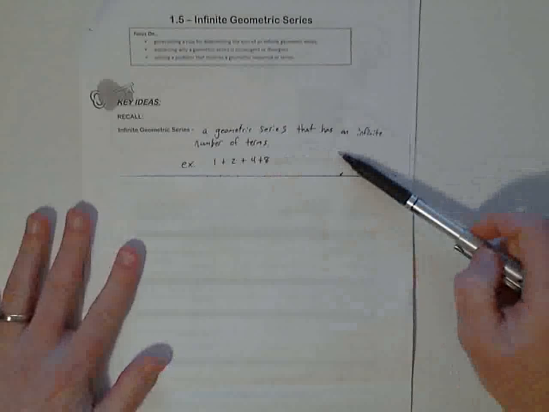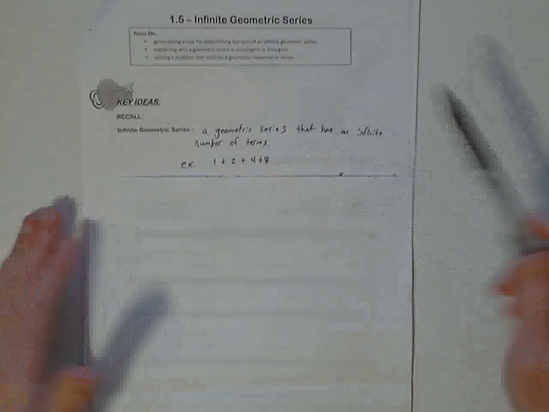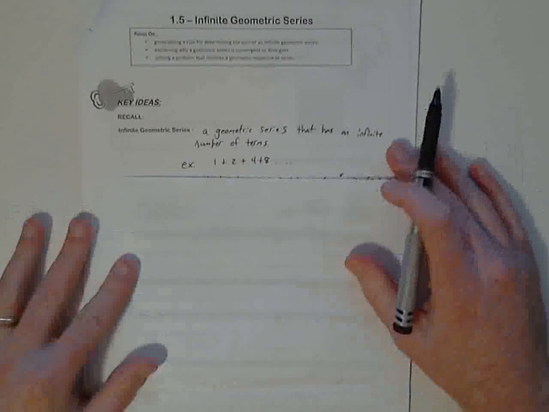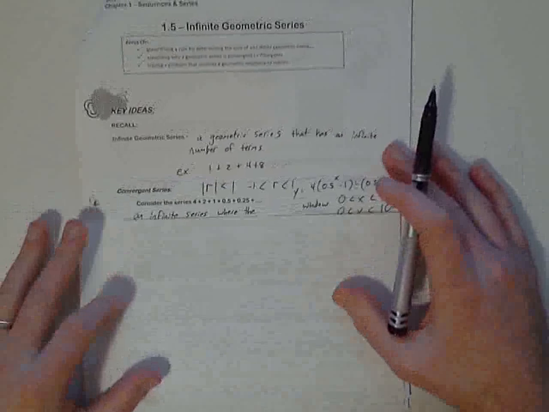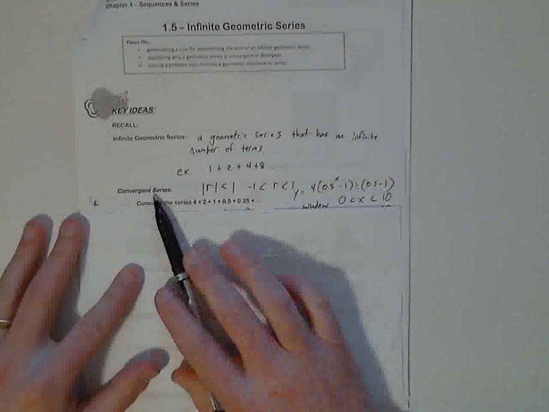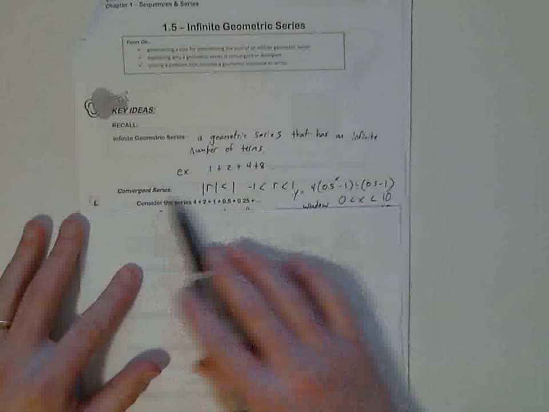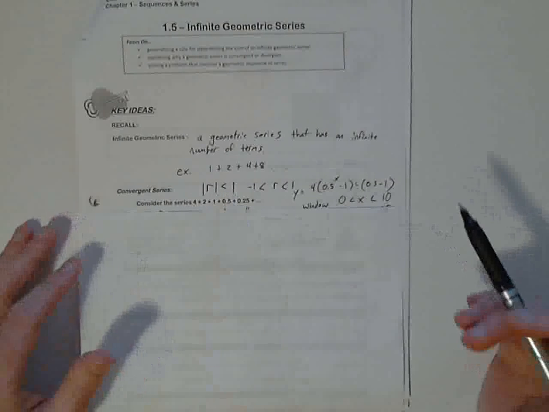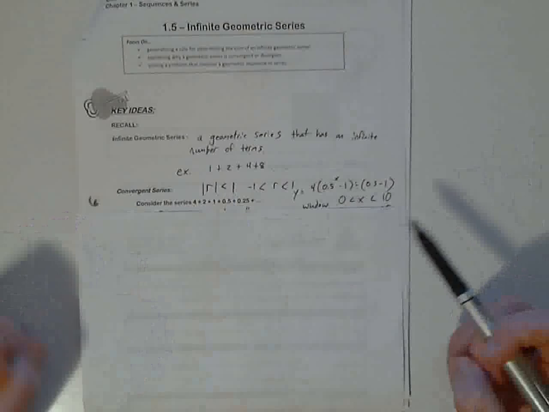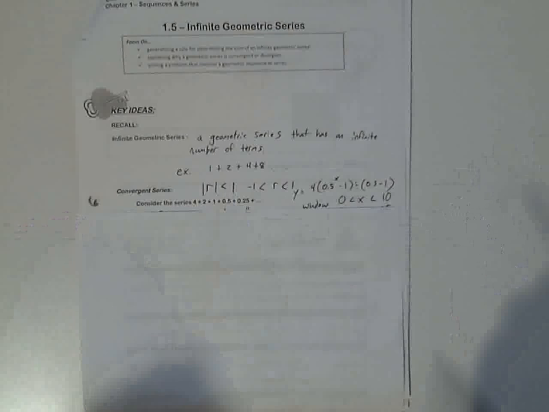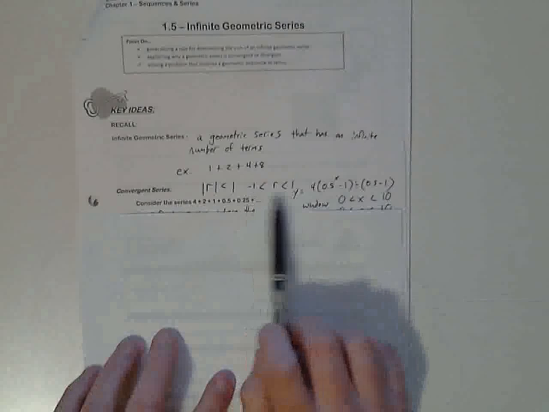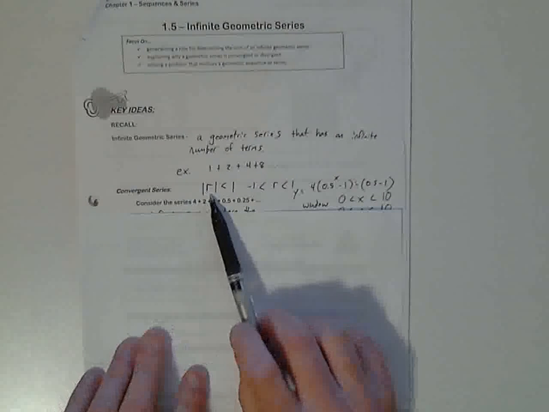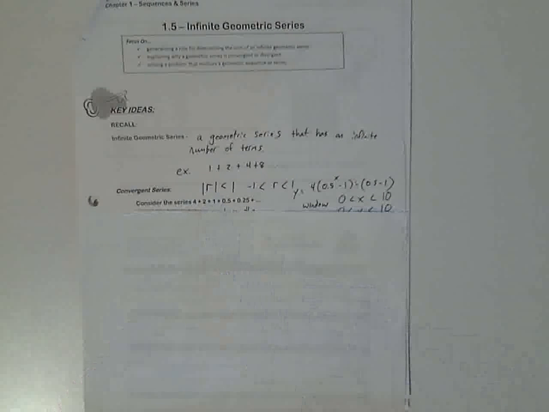So, convergent series. We talked about last time what a convergent series was. A convergent series has the absolute value of r less than 1. So that means the r value is something between, this is another way to write the exact same thing, between -1 and +1. The sign doesn't matter. So basically it's all of our negative numbers or all of our decimal numbers or all of our fractions. Any of those things, as long as those fractions are less than 1, are our acceptable r values